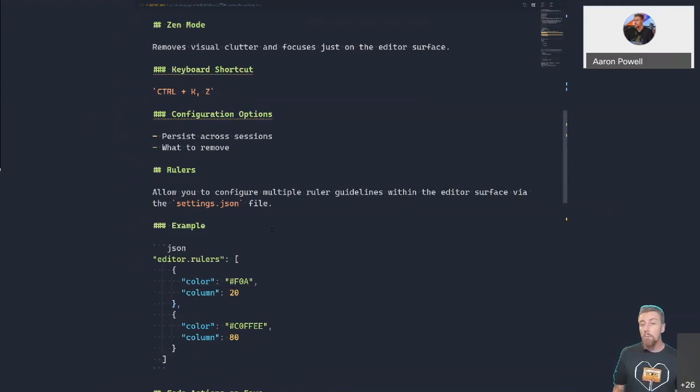Maybe if I'm writing a blog post or I'm trying to really get in the zone on a particular problem, do I need the status bar across the bottom? Do I need the sidebar there? All of that kind of stuff. No, I just want to look at this one particular file, and I can use Zen mode to hone in on what I'm focusing on there.